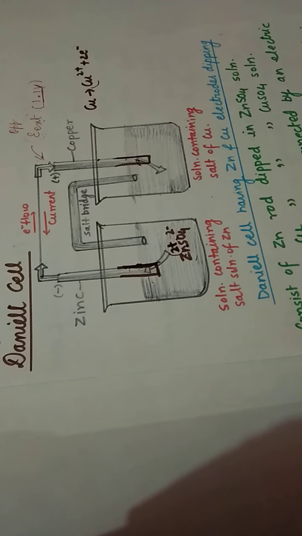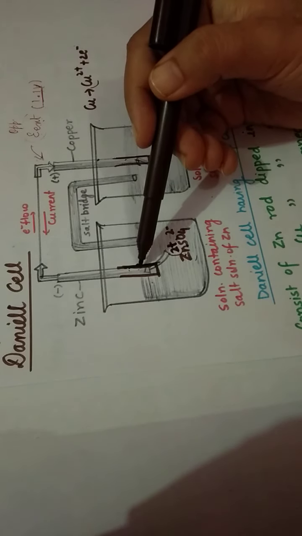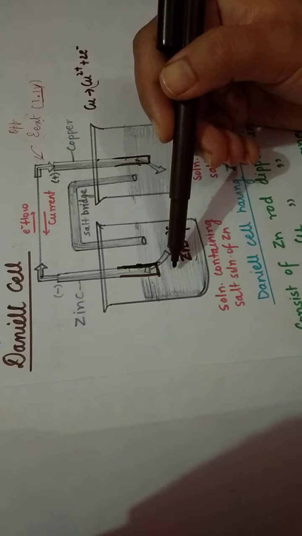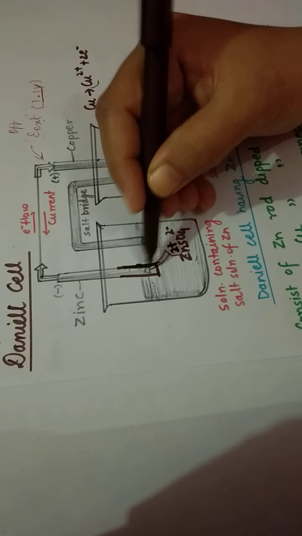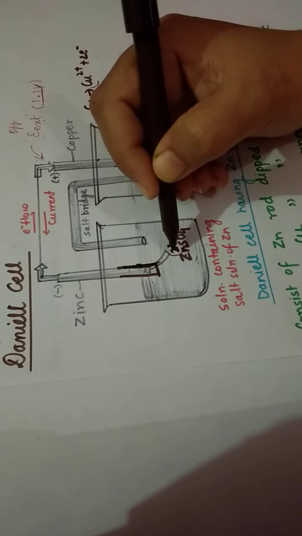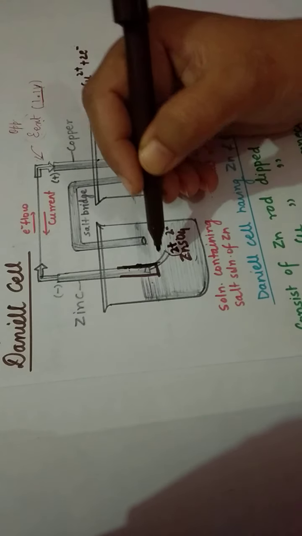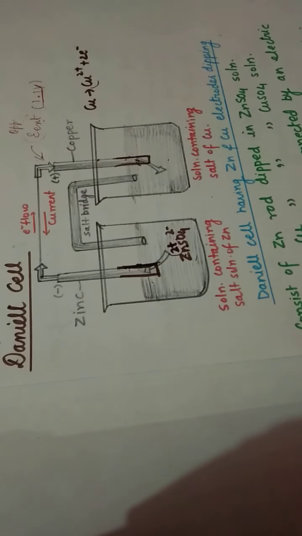Now children, the term potential difference is developed only when there is separation of charge. Potential difference comes into account whenever we have two different charges. So here this is now positively charged and this is now negatively charged. As a result, there develops a separation of charge, and a potential difference develops, and that potential difference is known as electrode potential. I just hope children this term is clear to you all.